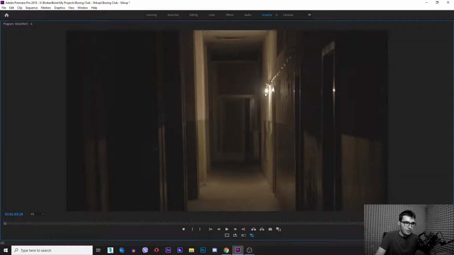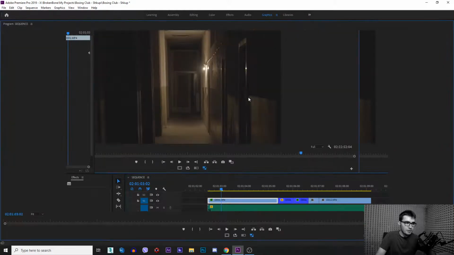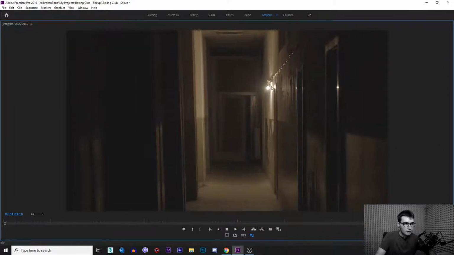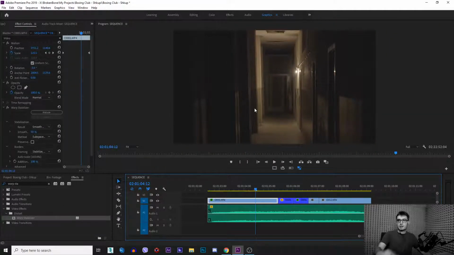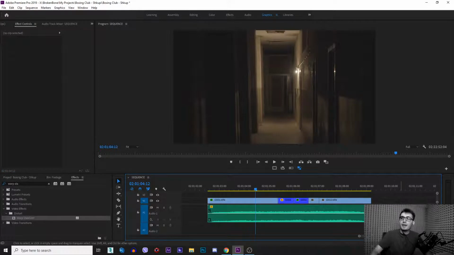So just focus on the light bulb here. Let me just replay that. So you can see how it just blurs out like that and twitches, and also the problem with the lens flare. So yeah, if you're looking to stabilize your footage in post-production, keep an eye out on